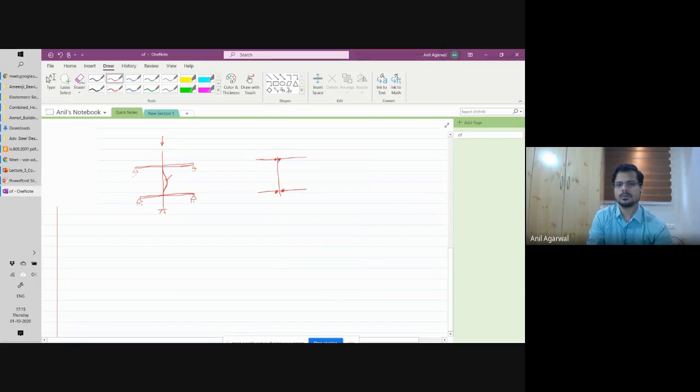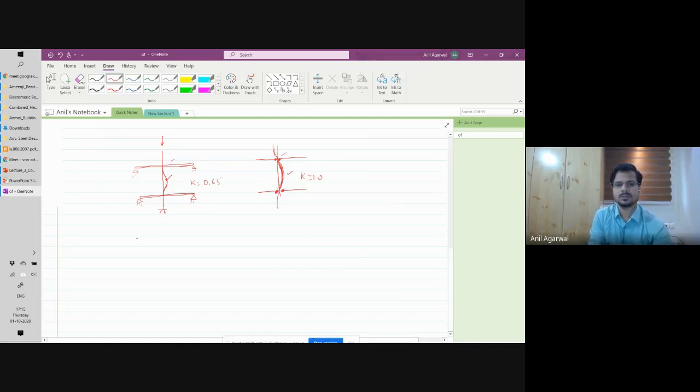Then the column can very nicely buckle in a single mode, in the single curvature mode. I'm just drawing the hypothetical or some kind of assumed shape above and below, but primarily you should focus on this story. So this column can buckle very easily, and then you can take K of 1. Here you can take K of 0.65. But often you don't have this option or this option available.